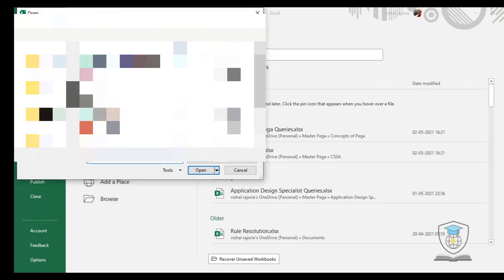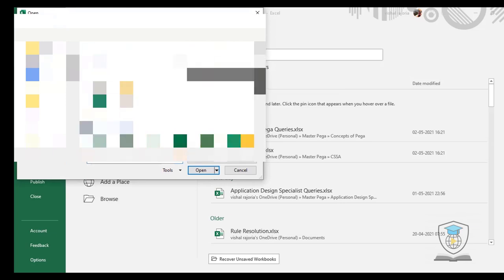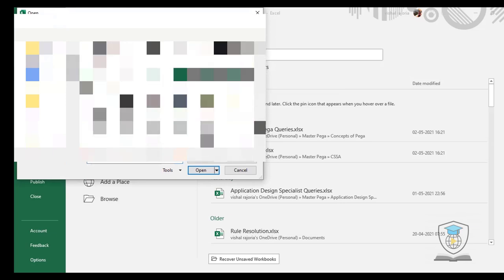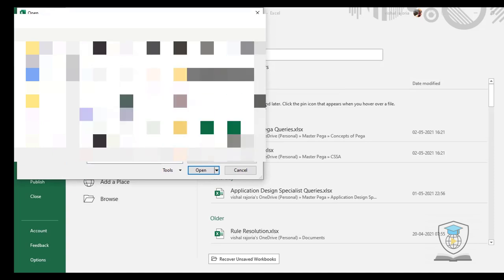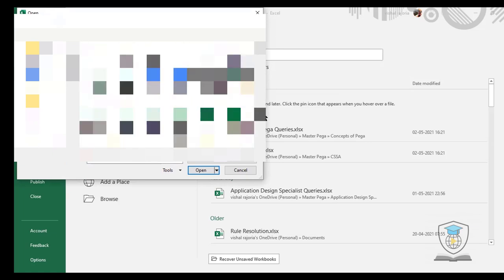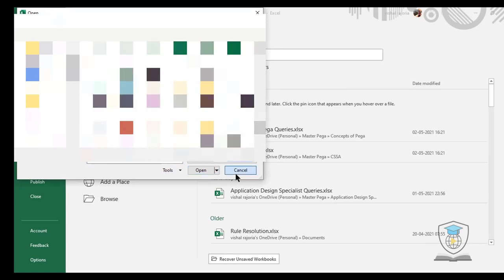When you click on that option, you will get an option of Other. Then on clicking Other, you will enter a star and it will convert your file into Excel format altogether. In that way, you can import your file into an Excel sheet.